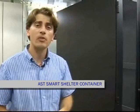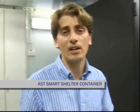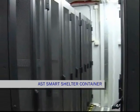Again, with this type of solution, we can go up to much higher densities. We can provide 30 kilowatts per rack, and if we take a 40-foot container, we are capable of installing 20 racks in those types of containers. That would be the most typical application. In this specific case, 10 racks, 7-8 kilowatts per rack, and two containers joined in order to provide a